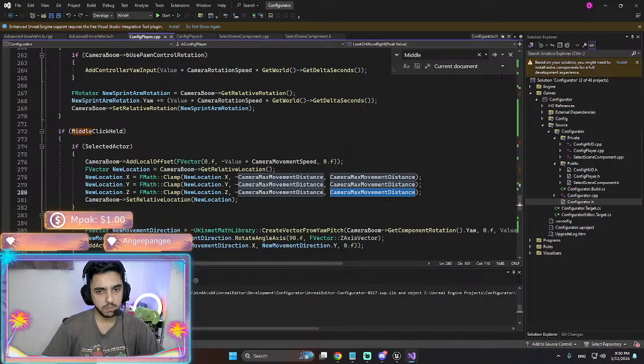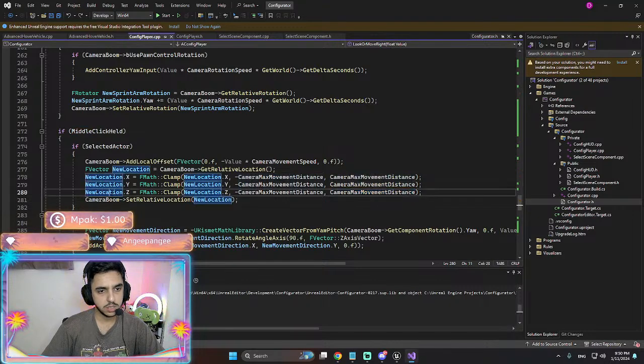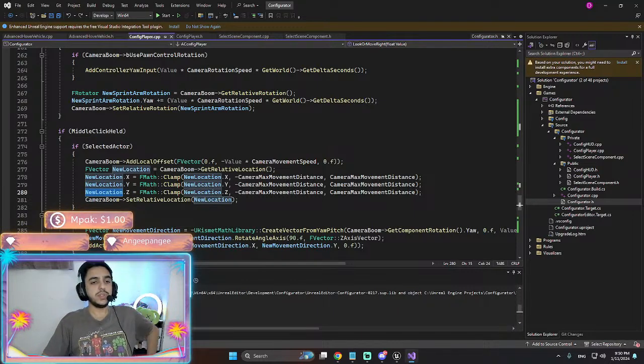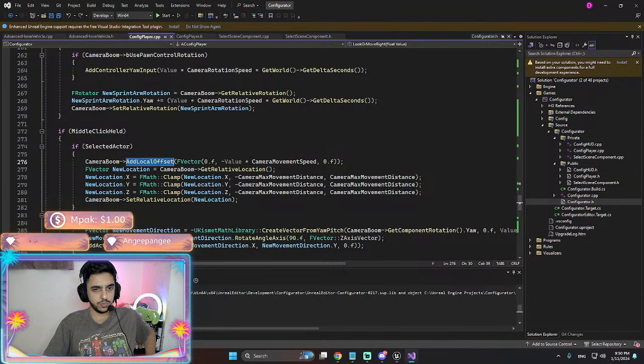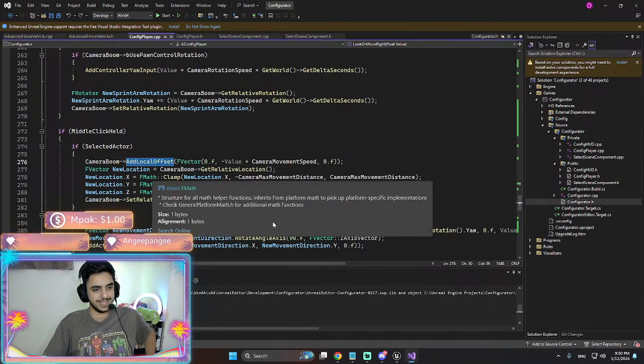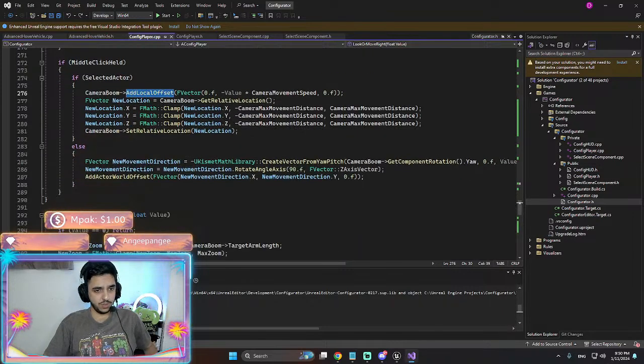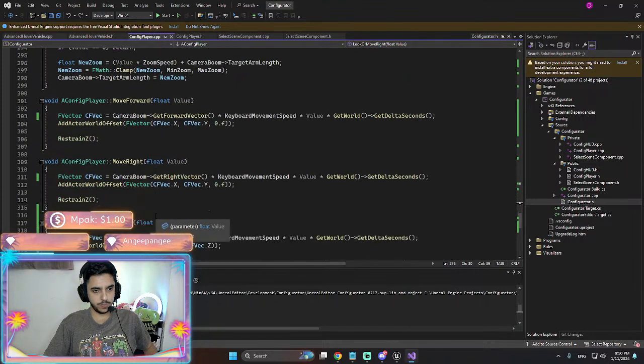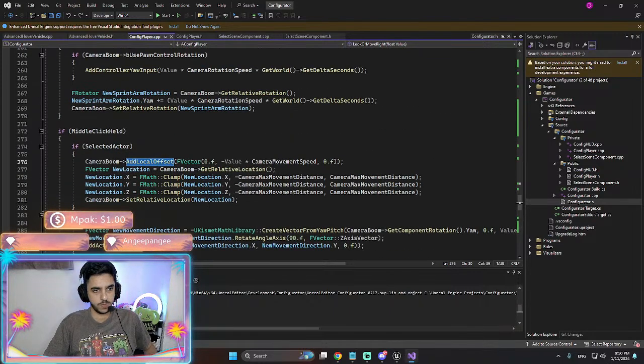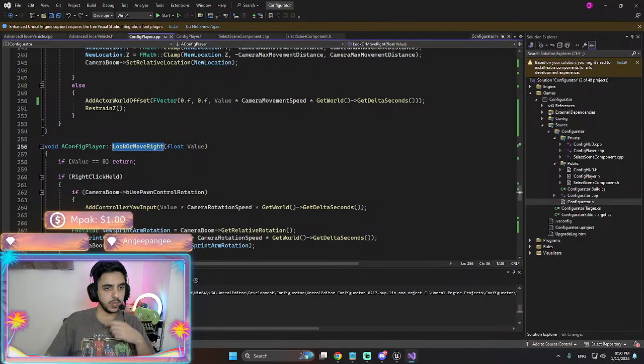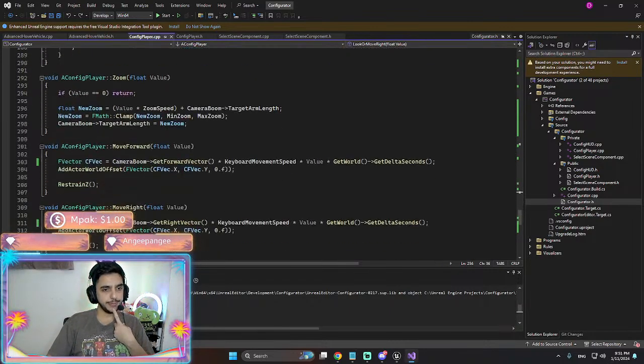Camera max movement distance. All right. This is not going well. Look or move right.